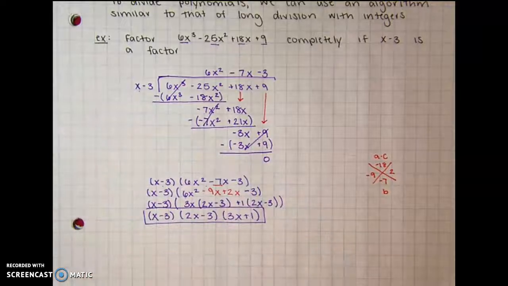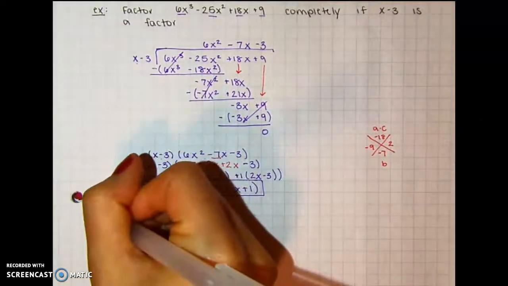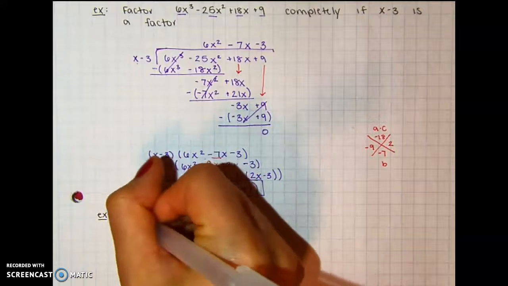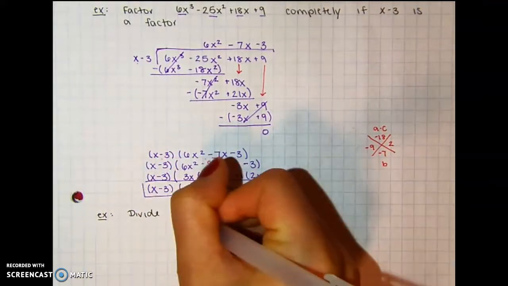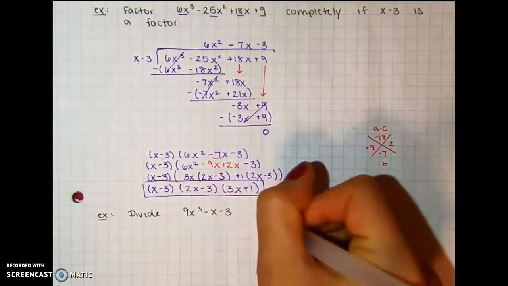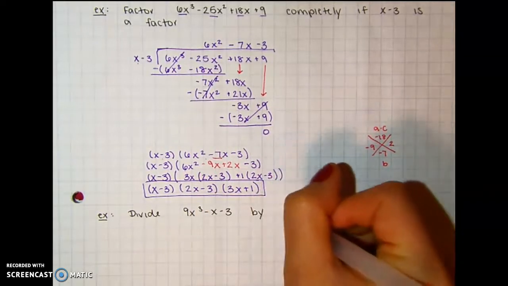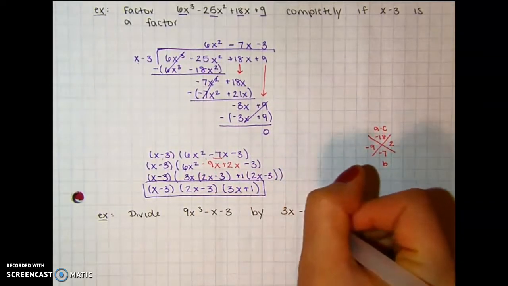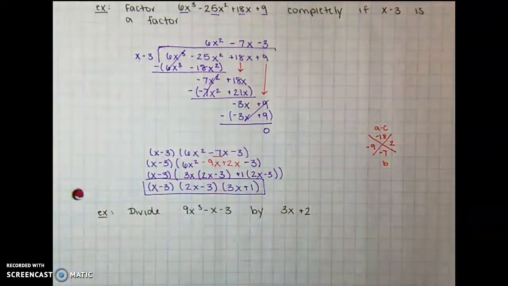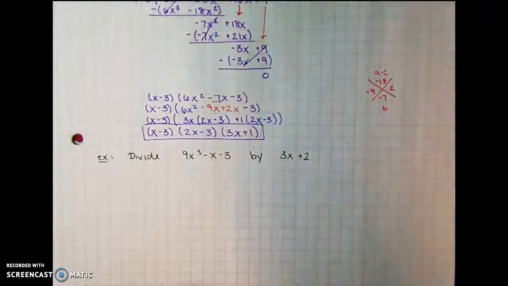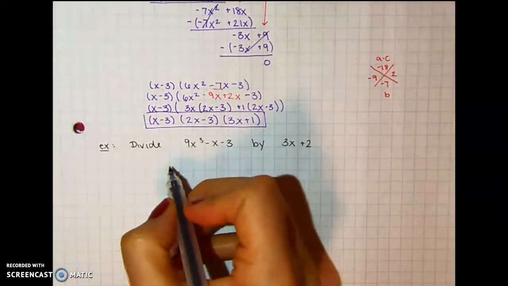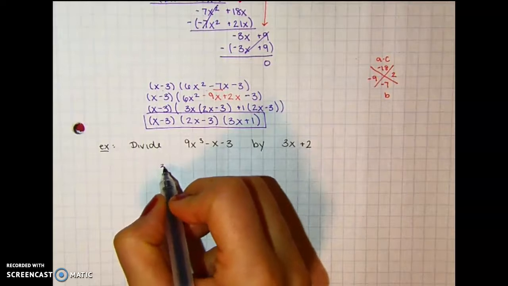Let's just say, example: divide 9x cubed minus x minus 3 by 3x plus 2. And they don't always have to be linear. It could be another polynomial or quadratic, which is still a polynomial. Anyways, so 3x plus 2